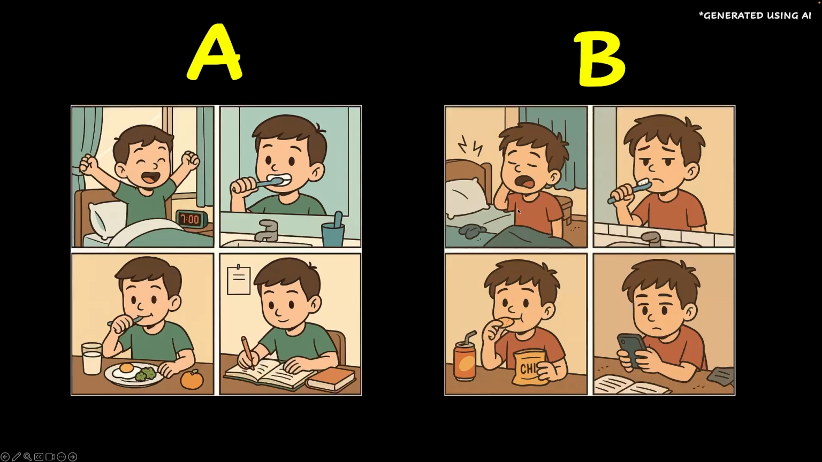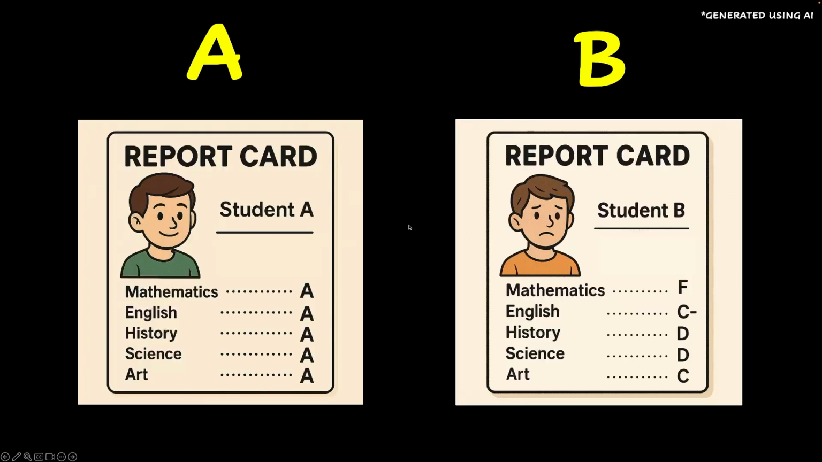Student B wakes up late, sleeps late, not really interested, eats junk food, doesn't do his homework, plays on the phone all the time. What do you think their grades would be at the end of the school year? Naturally, student A seems to be much happier at the end of the year with all A grades. And student B is sad at the end of the year because he has failed math and his other grades